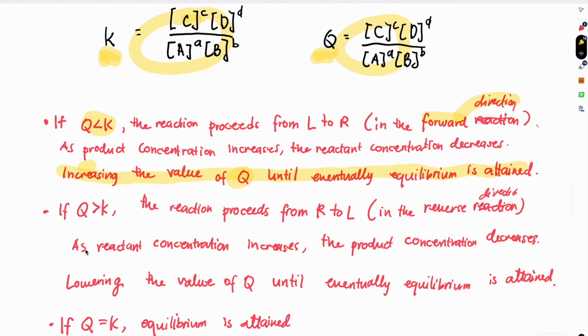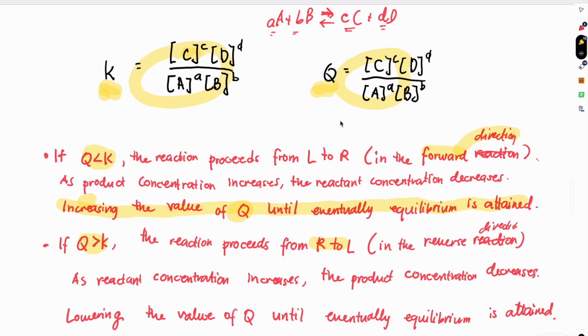What will happen if Q is greater than K? The reaction proceeds from right to left. So this is a reverse direction. So this is reverse, from right to left. Okay? What will happen here is, as reactant concentration increases,